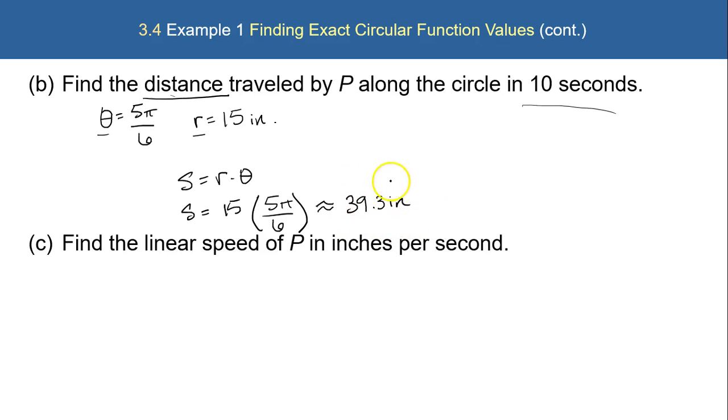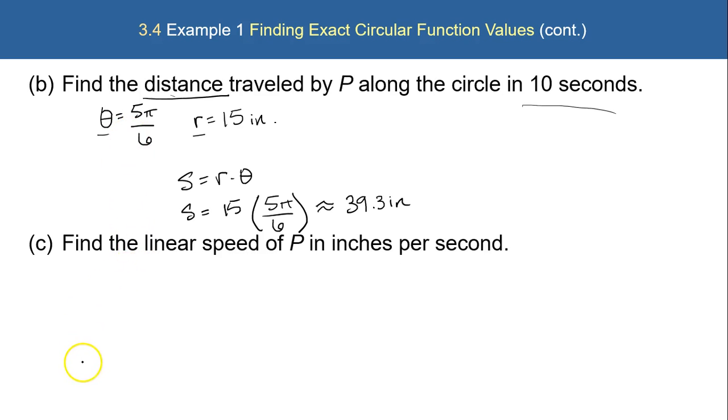Okay, and that is our solution for this one. Now in part C, let's go to it. It says, find the linear speed of P in inches per second. So this is referring back to the previous two. So linear speed,